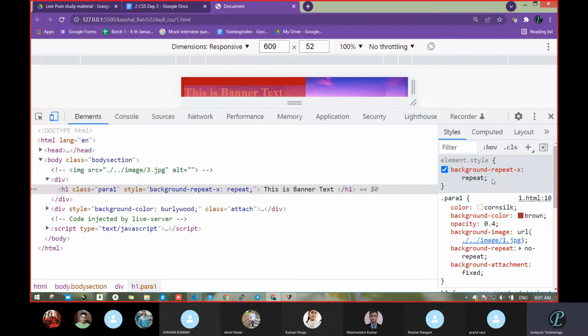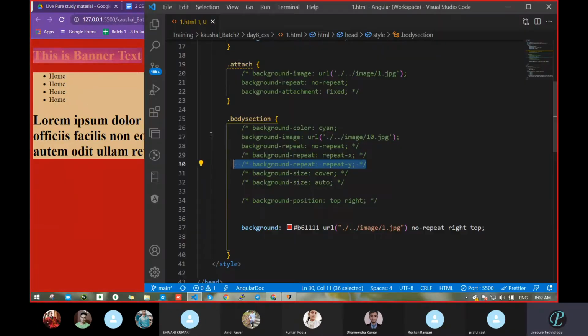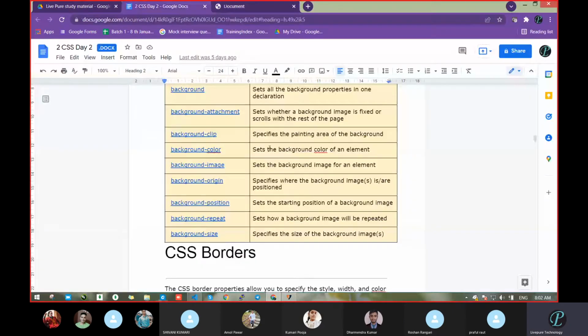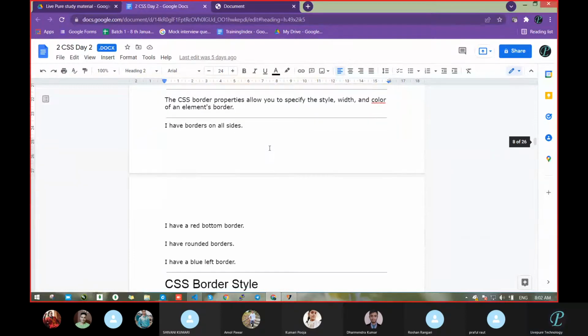Sometimes it may give a mistake because this is text. So in the image case we have to pass it like this. So it is not limited, there are many more, but whatever we know and have seen is enough. If anyone has any issue with background, let me know. Clear? Yes. Okay, give me 1 minute.